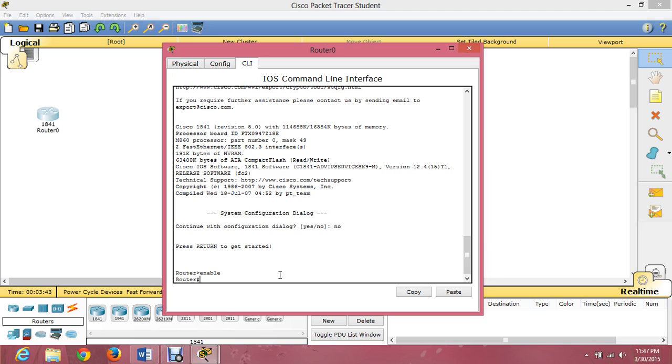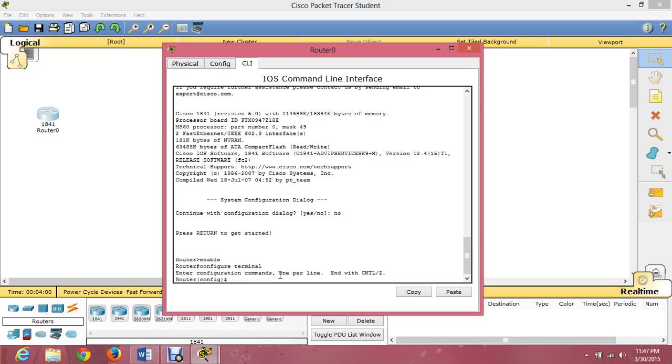We are in the privilege execute mode. To enter the global execute mode, just type configure terminal, enter. Great guys, we are in the global execute mode.